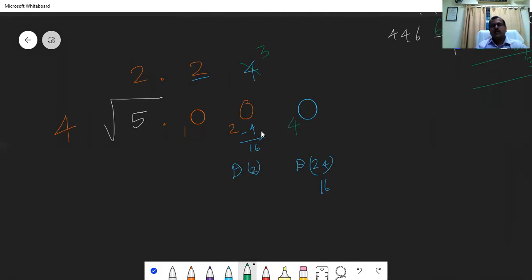Now 2 3 you have to take the Dvandva. 2 3s are 6, 12. Subtract 12 from 40. 28. Now again divided by 4. How many 4s are there in 28? 7. 7 4s are 28.